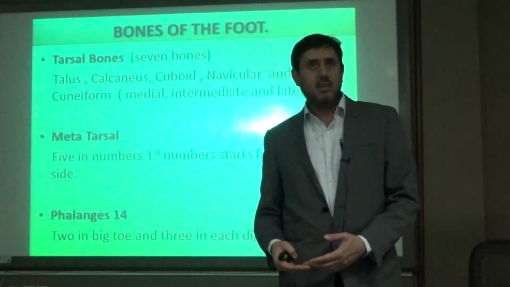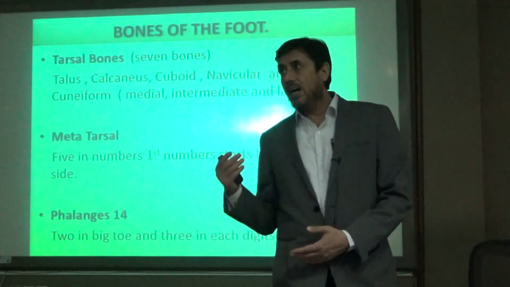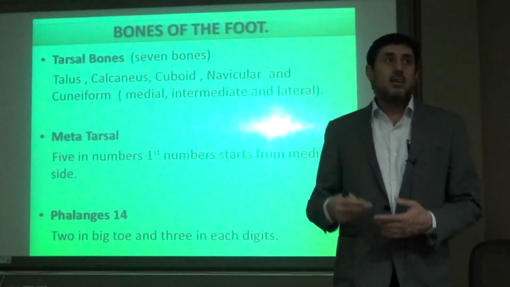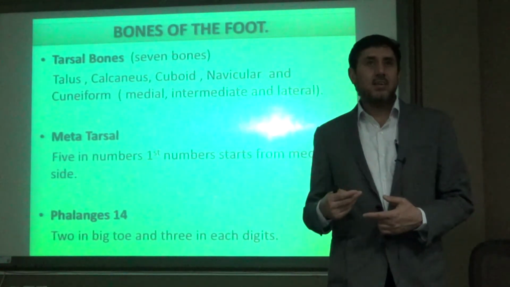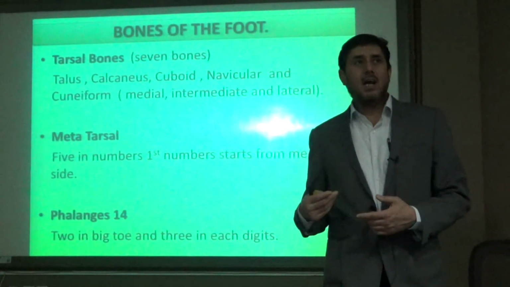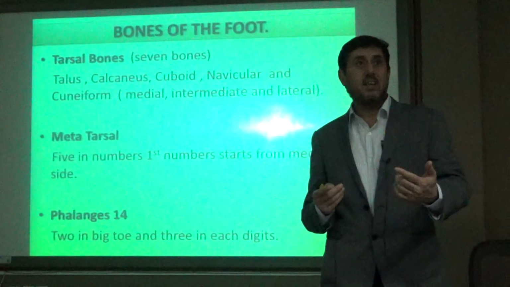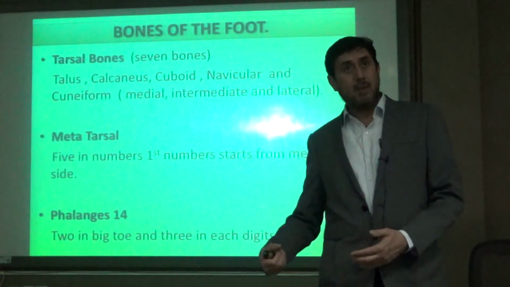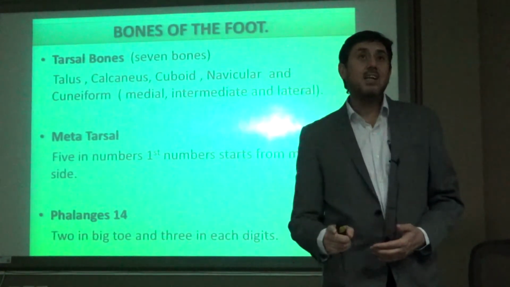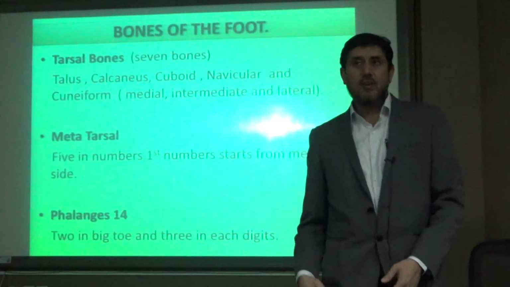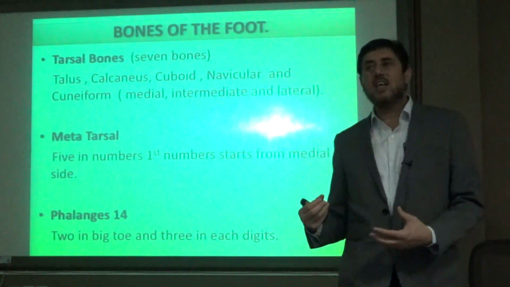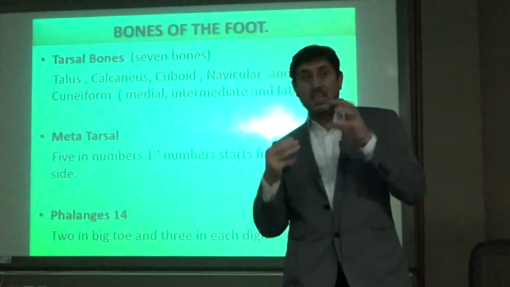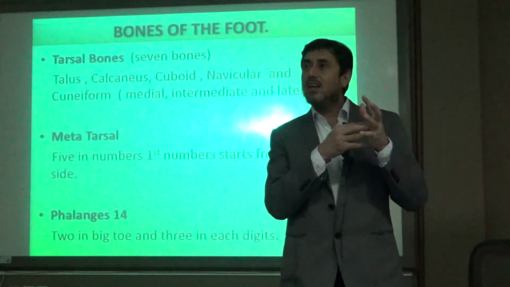Just below that, in the thigh, you will find the femur. The femur is the longest, strongest bone. It has a head, neck, and greater and lesser trochanters. In between, on the front is an intertrochanteric line, and on the back is the crest. You have a shaft, and on the back of the shaft there is a line, the linea aspera. On the lower side we have two or three features. These are known as condyles, not trochanter, condyle. Between the condyles on the back side you will find the intercondylar fossa.